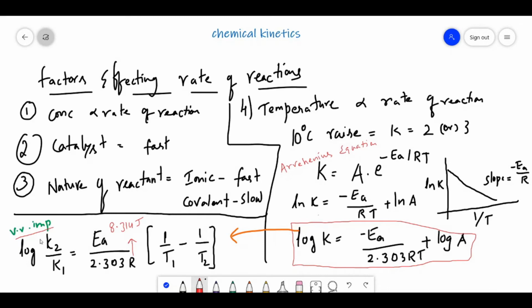And for the NEET, the probability of asking this question is very less. Why? Because it takes a lot of calculation. In the NEET we don't have that much time to do all the calculations, so even if a problem is given, it will be in simple calculations only. But in the JEE Mains, there is a probability of asking a question in this topic.